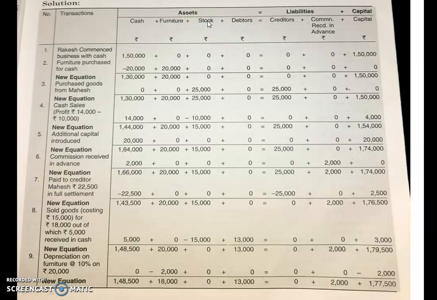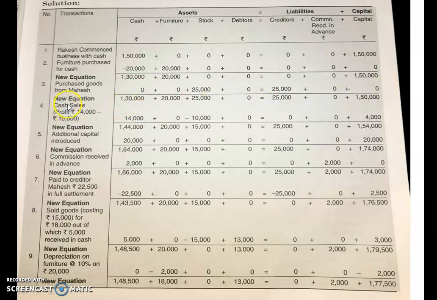How much stock is coming from Mahesh? From Mahesh we are purchasing goods of rupees 25,000. So write here stock. You can also write goods, but the correct usage is stock. Under stock you can write 25,000, and because we are not paying, this is a credit purchase, so a creditor is generated over here. Mahesh is our creditor. So under liability, you can write creditor, and just below it write 25,000. Now draw a line